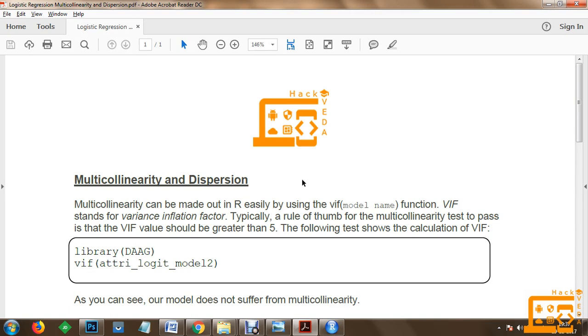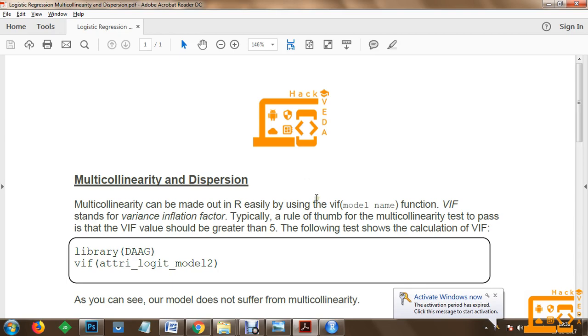In case your model gives you a value greater than 5, this means that your model is suffering from multicollinearity. This can be quickly tested with the VIF function, and you need to have the library DAAG available in order to use the variance inflation factor function.